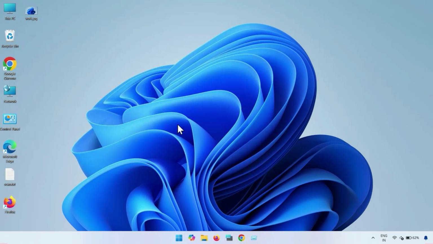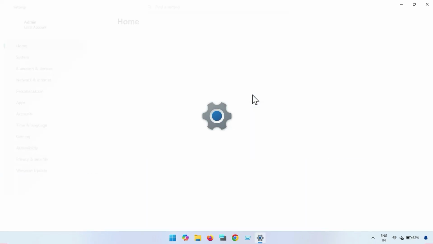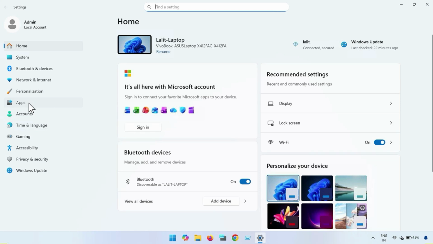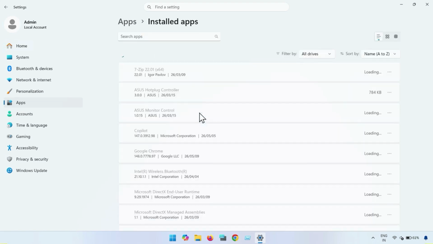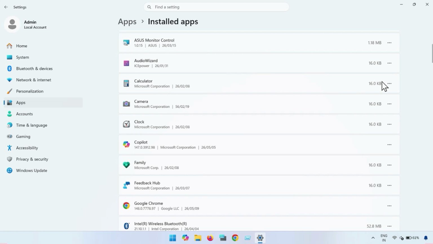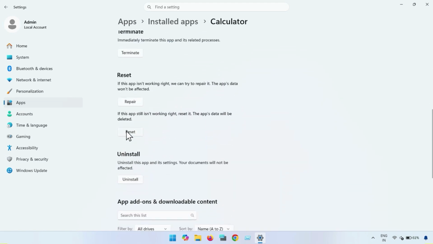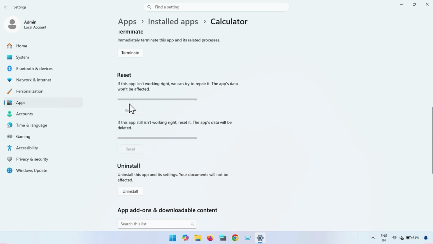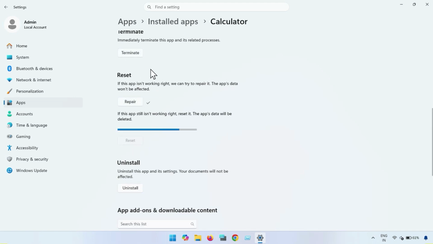Next, repair the calculator app. So click start and then settings, then click apps, installed apps. So guys, find calculator and click the three dots and then advanced options. Scroll down, click reset, then repair and terminate. Okay, yeah. And when it is completed,